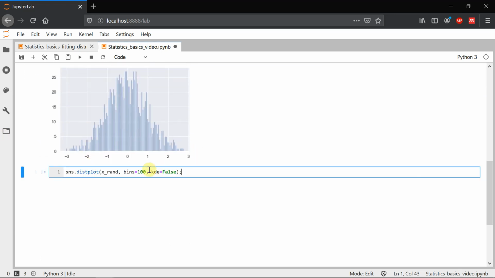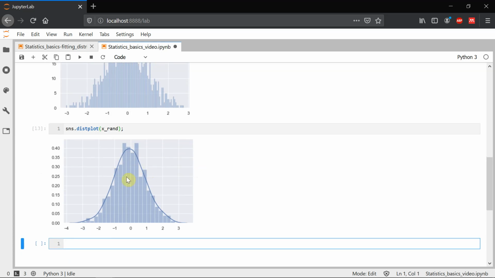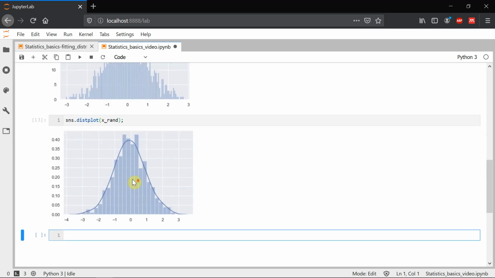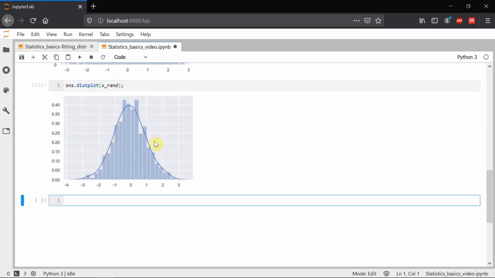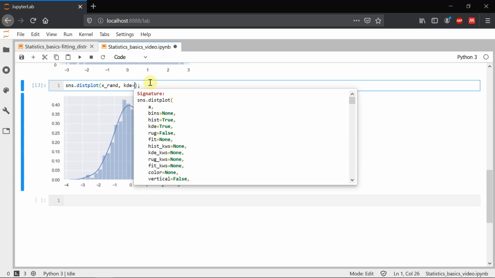This plot creates a soft line that best fits our data. For that, we only need to import this, and this will create the first histogram. You see this histogram is exactly this one, but now we have a soft line that more or less fits our data. This is the KDE, kernel density estimator, that if you check the help, you see that by default